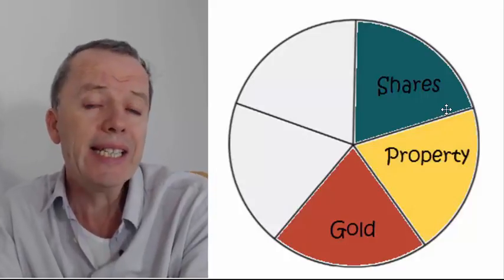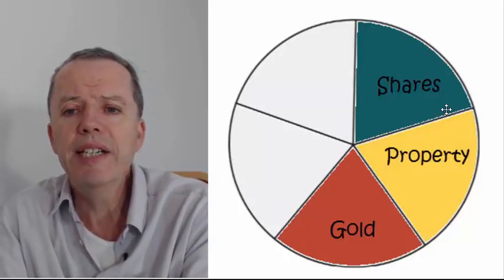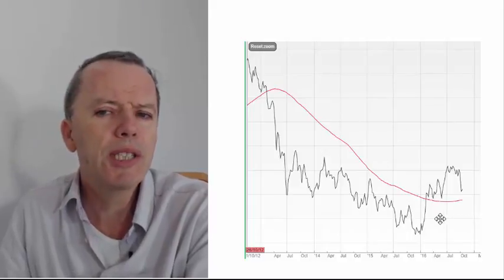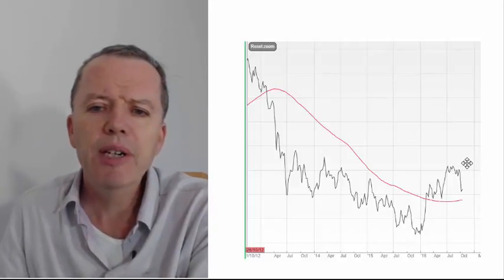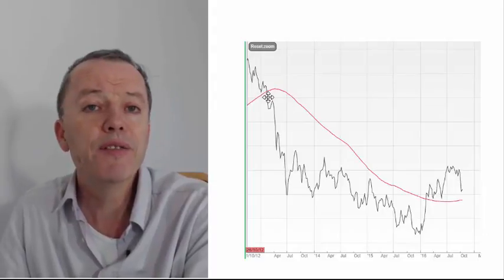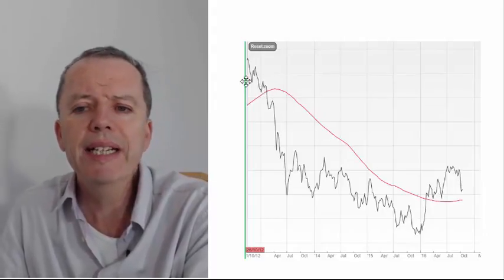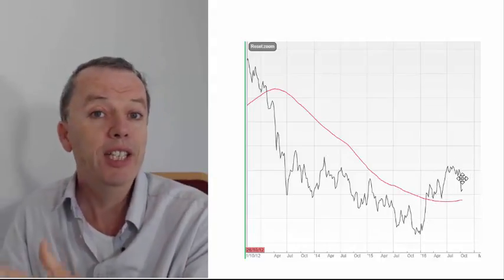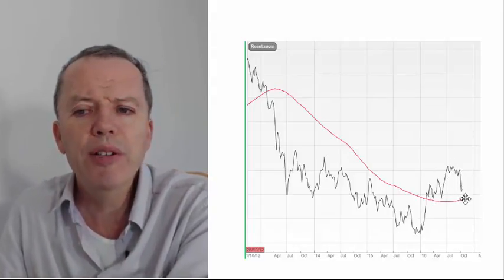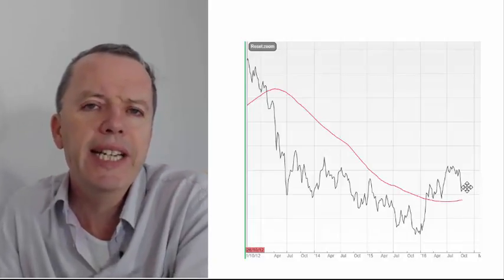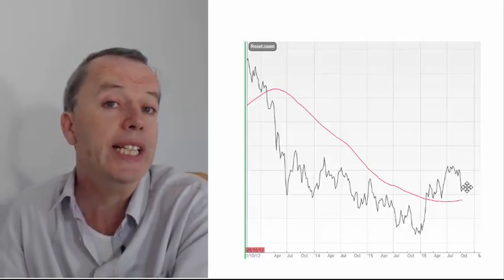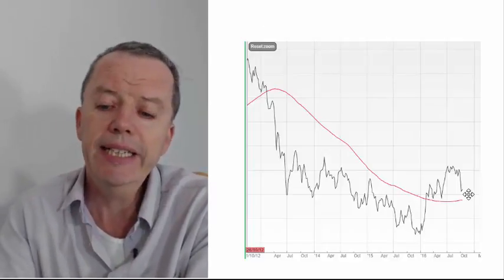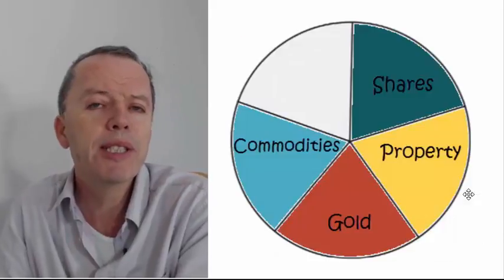Now, the next asset class that I look at is gold, and I use a slightly different line in the sand. I calculate it in a different way, and gold's done very, very well this year, after having had more than a couple of years of doing rather badly. This year it's done really, really well, until a couple of weeks ago, when it fell down quite a lot, but it didn't fall below the line. So I've retained my investment in gold, and this week actually it's gone up a little bit. So I'm happy to still be invested in gold. That's a good thing as far as I'm concerned.